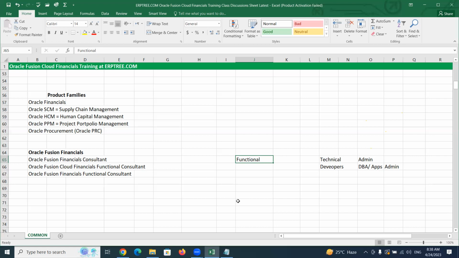But 80% we don't teach to anyone. We have to learn 100%. 80% we are not going to teach. If you teach, even they will become consultants. So your role in any project would be that for the 20%, you will be helping them with how to use the system. You will be acting as a consultant by knowing everything. The companies will be acting as accountants or end users by using that application. If anything goes wrong with that application, they come to you because you know 100%, they know 20% or 30% about the application. So that is the role we are going to play after learning this course.